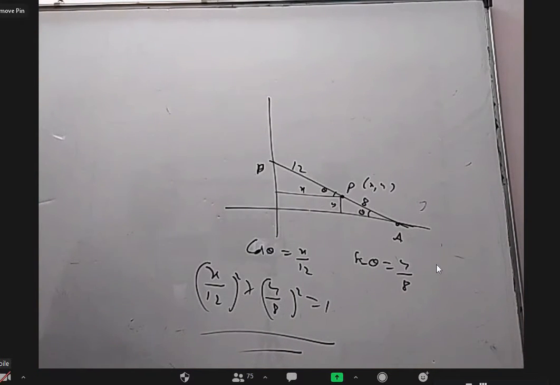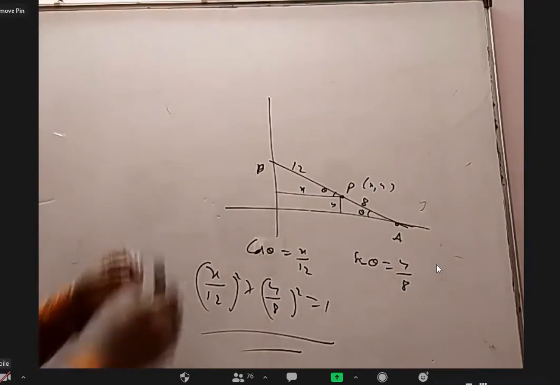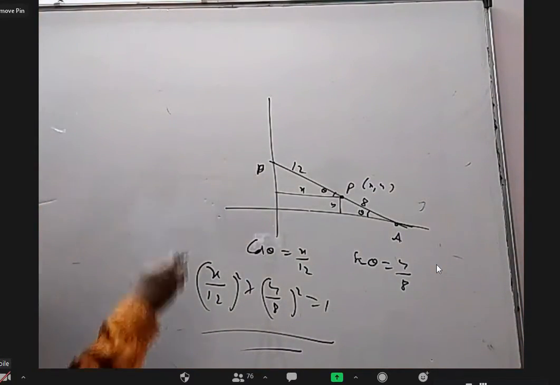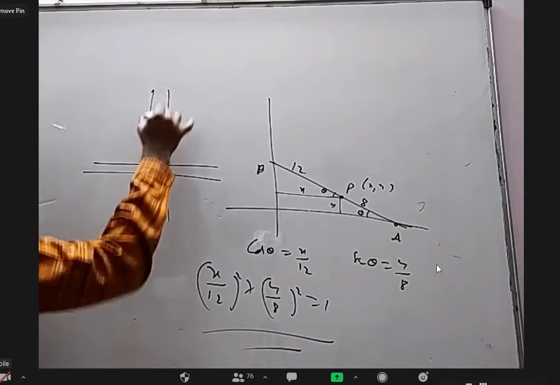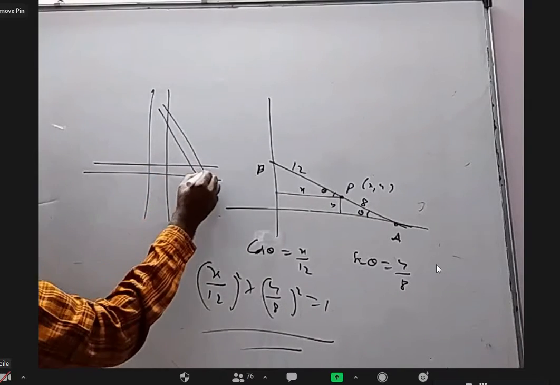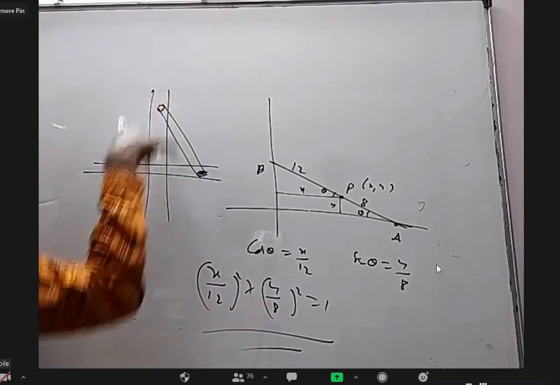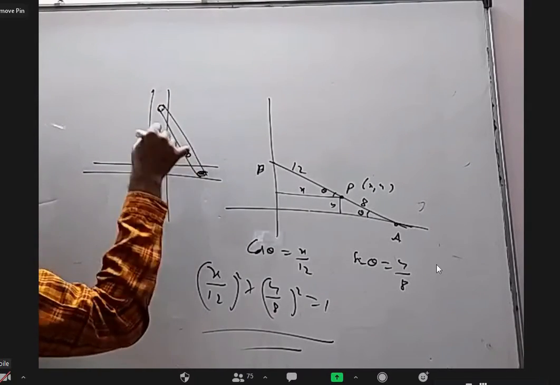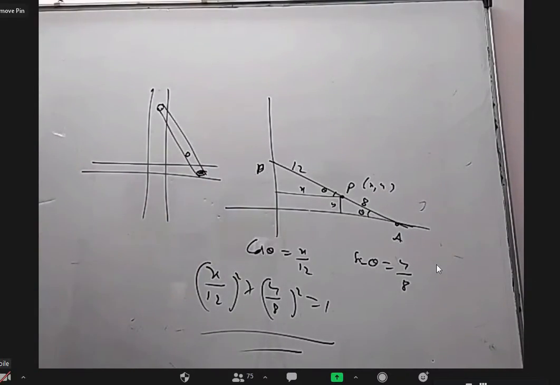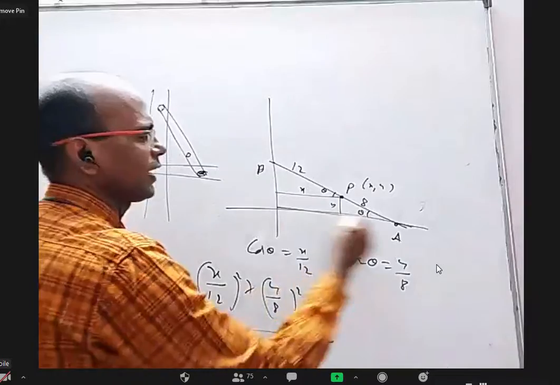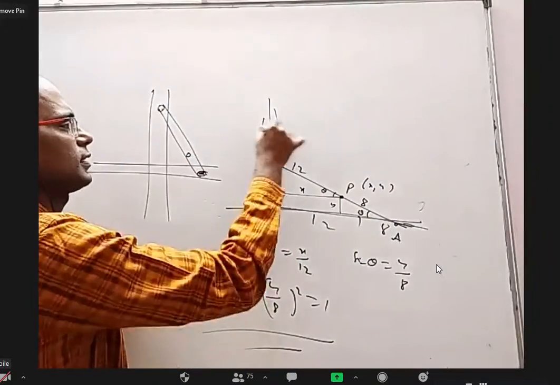In fact, this is one of the ways to draw an ellipse, apart from taking the 2 pins and all that. I have a groove here like this, another groove like this. I have a metal rod or something where this point will have something which can slide in this. We'll have some hinge which can slide on this. Put a hole here, put a marker. As you slide, the marker will trace an ellipse. In fact, when it is completely lying flat, you can see this is 12, this is 8. When it is completely vertical, you can see this is 8 and this is 12.